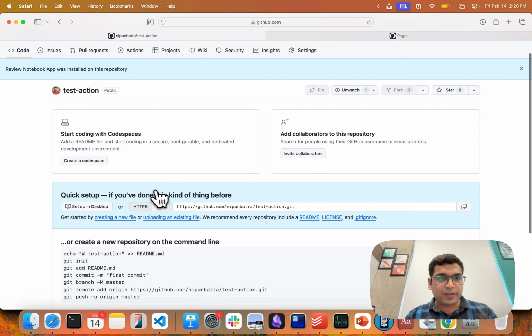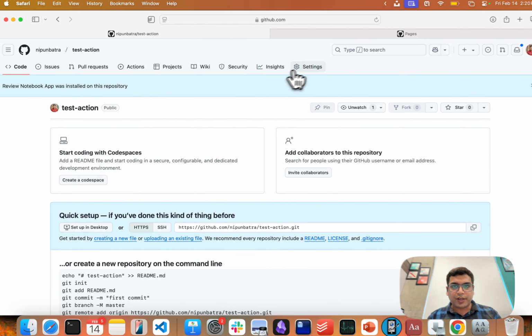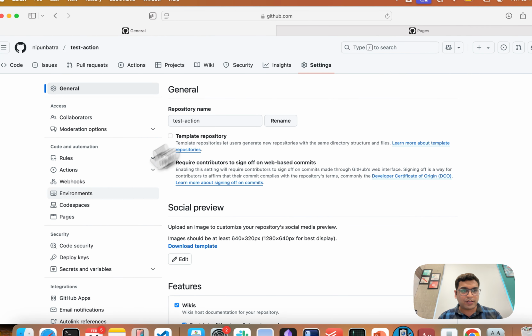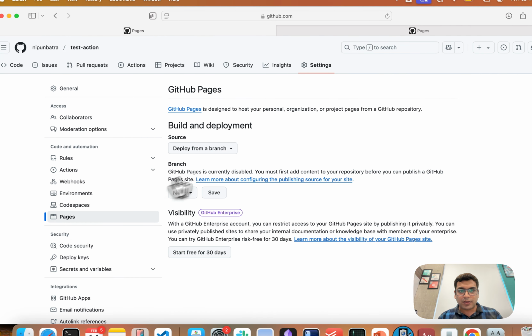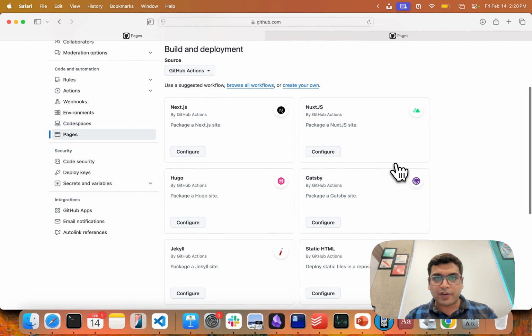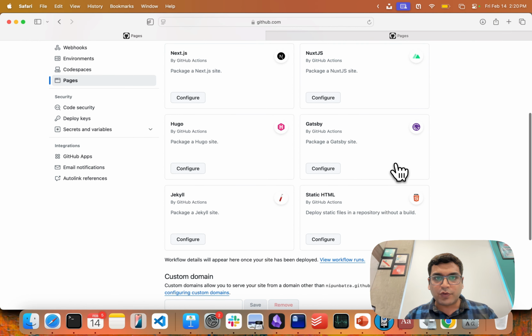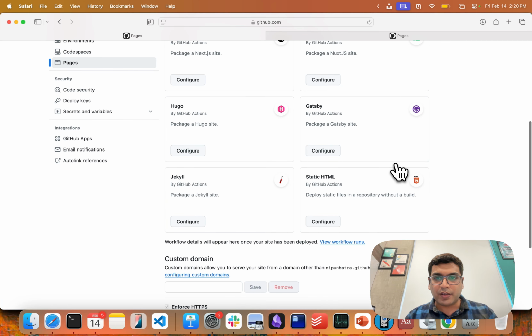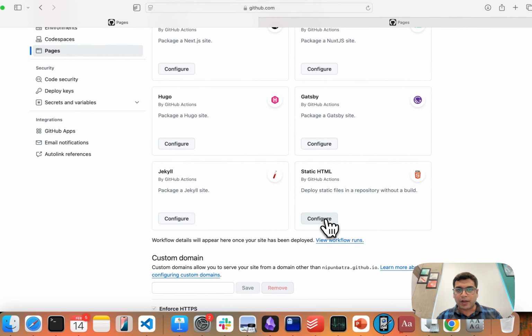Now I have created this repository. I will just go to settings, pages. In source, I will give GitHub Actions. And now it gives me a variety of different workflows which we can leverage to build our website. I'll use the static HTML one,